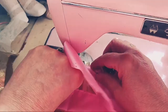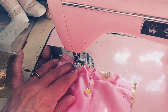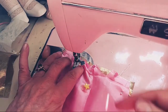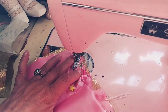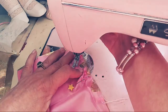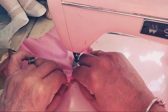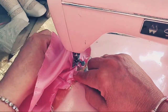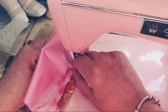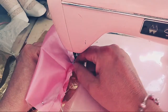And I am pulling the strap. So I'm pulling it away. And I'm doing this very slowly because it's almost like killing the lame fabric. There, see? Every now and then it gets the lame the way it is made. And I am keeping this firm, and I am making sure that I am not sewing the strap. So I'm going to let this go. It is, because it is Francie and or Barbie,